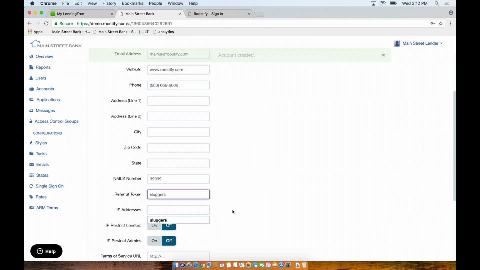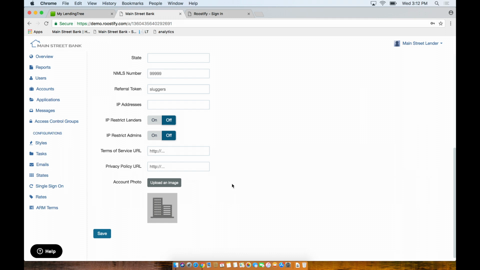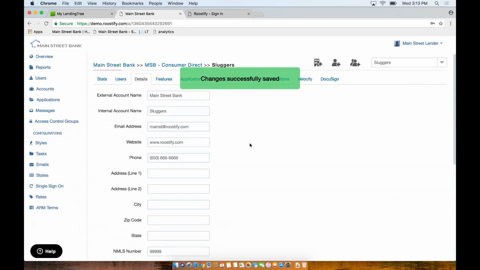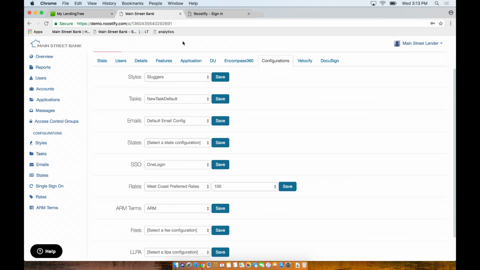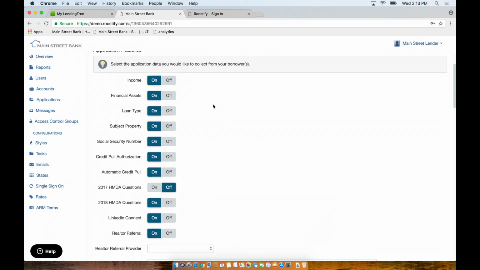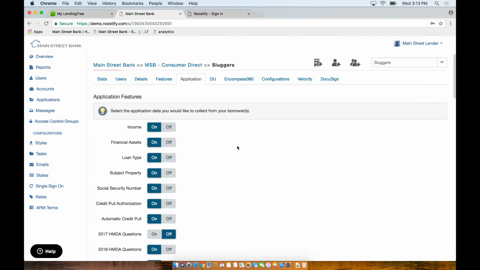And in this case, Main Street Bank is going to highlight its affiliation with the local baseball affiliate, the Golden Triangle Sluggers. And they're setting up right now a domain.com/sluggers. And this domain is now live, and Travis is going to be able to configure the styles of that marketing campaign, the different fields of information to be taken in, and other aspects of the user experience.